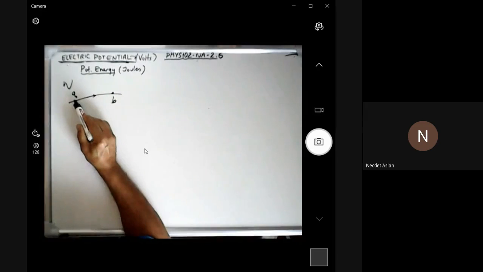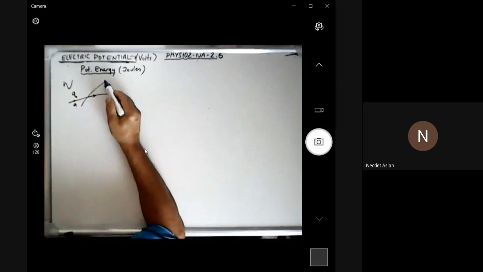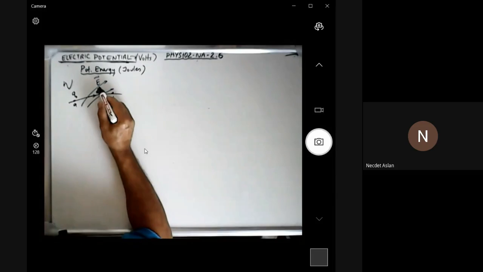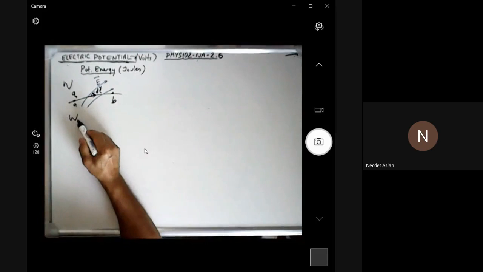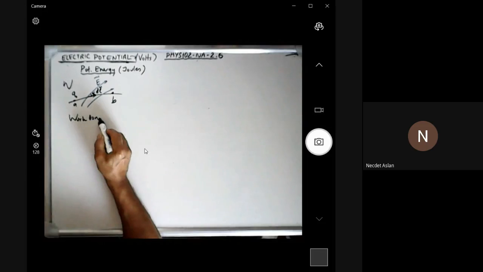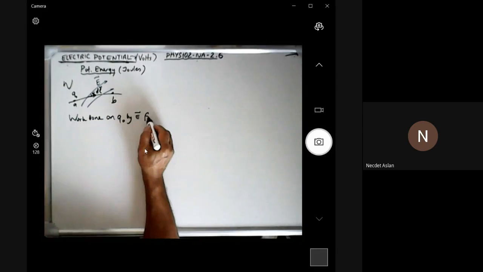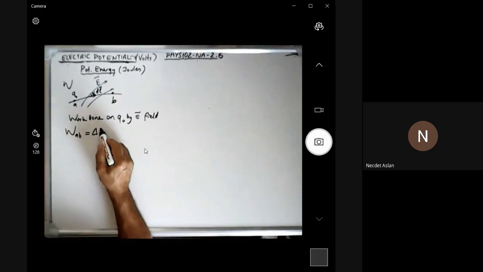Now let's assume that one charge is moving from point A to B, and maybe there are some electric fields like this. Electric field distribution, not necessarily constant. If we assume that this is the dl vector, and this is the electric field vector, and the angle between them is alpha, then we know that the work done on Q0 by the electric field from A to B is given simply by delta K,